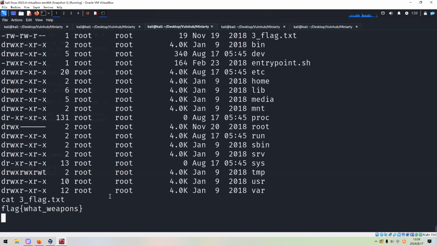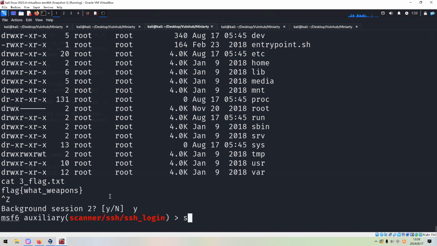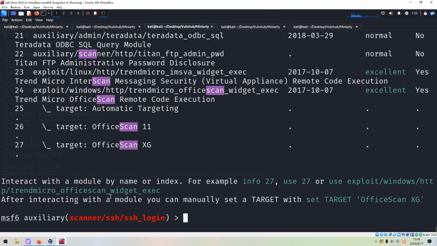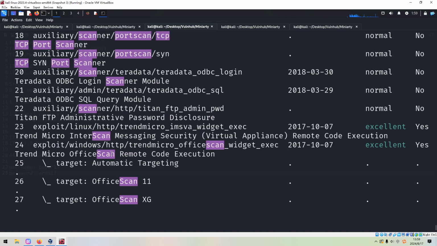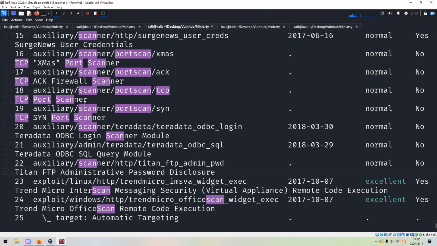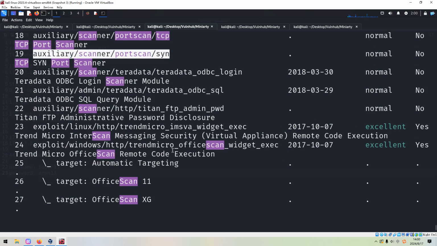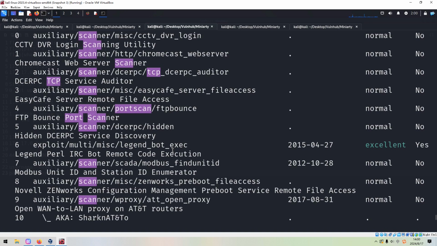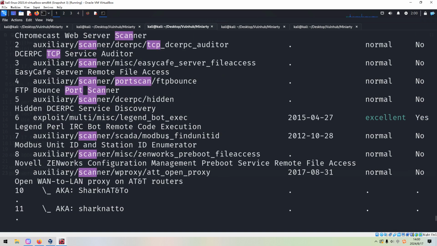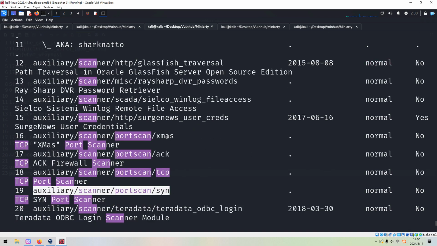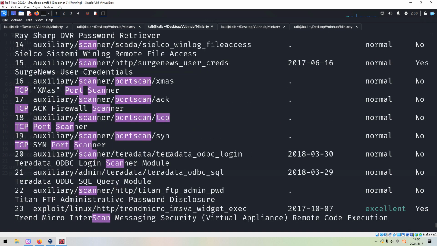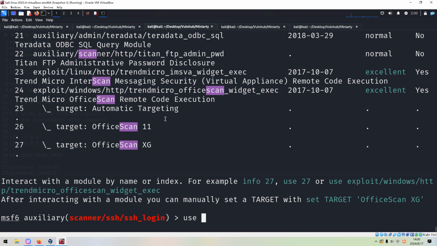Now I think we can background the current session by pressing the keys Control and Z. And we need to search the port scan TCP because I cannot remember the exact module name as always. So I think this one, or which one? So this one we can copy and we can use,